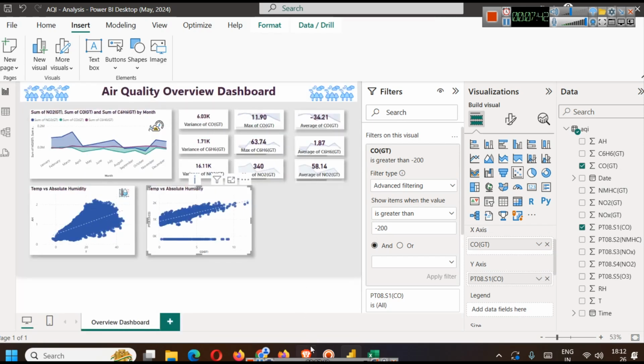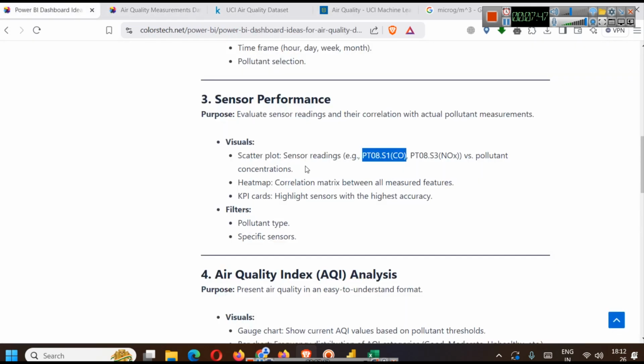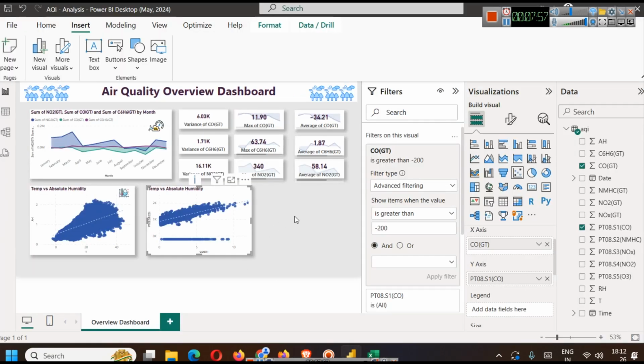So this way, you will be able to see a scatter plot, that is sensor reading versus pollutant concentration. This will evaluate sensor reading and their correlation with actual pollutant measurement. You can create a copy of this and create separate charts. So let's say we want to see it for,